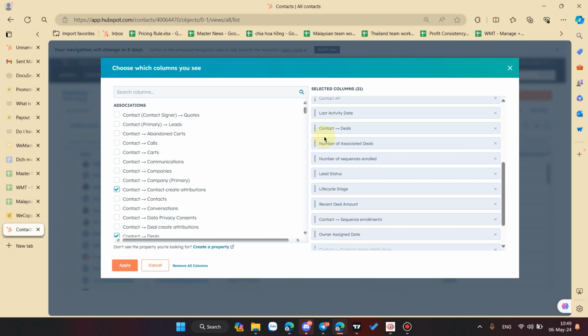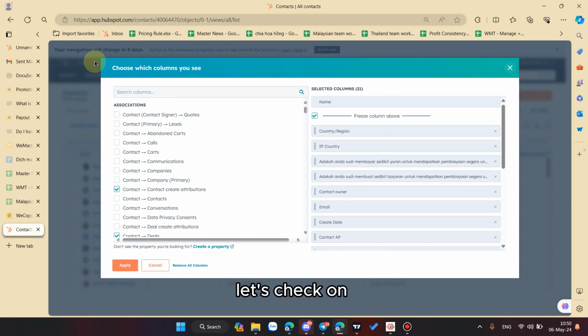Just now, for example, you can see that I am filtering the number of associated deals as one. I know that anyone with only one deal only registered an account with us, but did not buy anything.